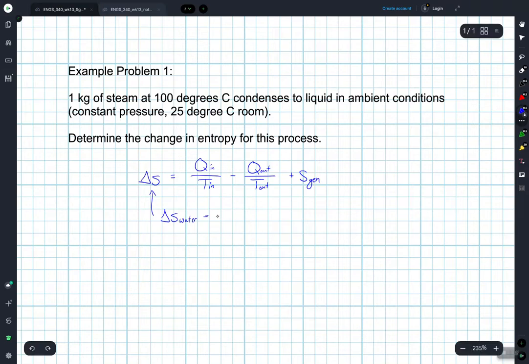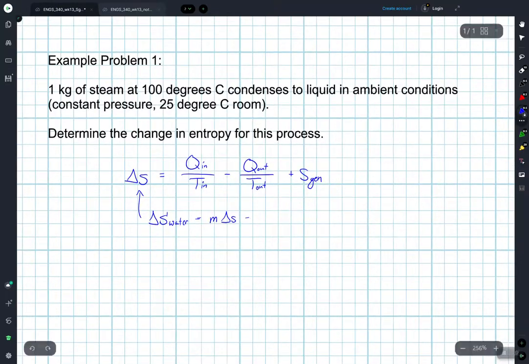This is equal to the mass times delta lowercase s. So I'll make that a little bit more clear that that's a capital letter, which is equal to the mass. So it's turning from a gas into a liquid. So this would be SF minus SG, which is just equal to the mass times negative SFG. So if we look up in our steam tables what the value is for SFG,